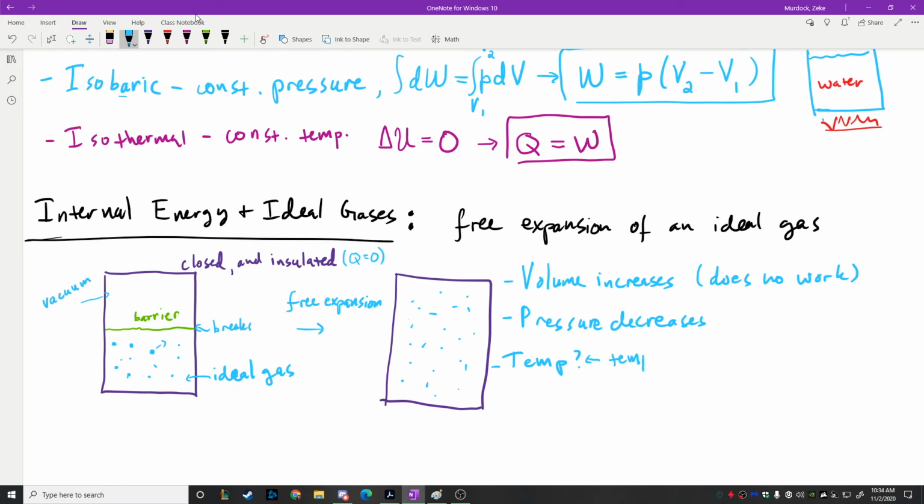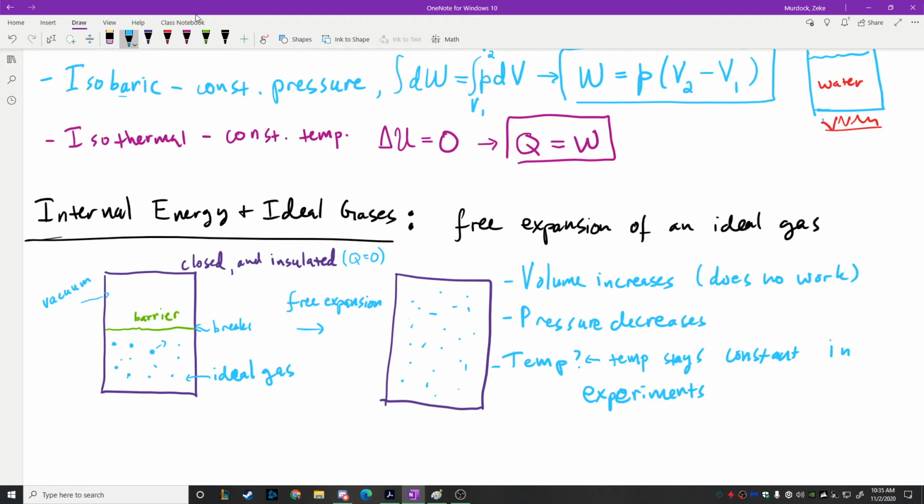So I'm just going to say temperature stays constant in experiments. That's my way of saying that in investigating ideal gases, when people reproduce this type of experiment, experiments show that the temperature stays constant. The temperature stays constant. And that happens specifically for ideal gases. So given that this is true,